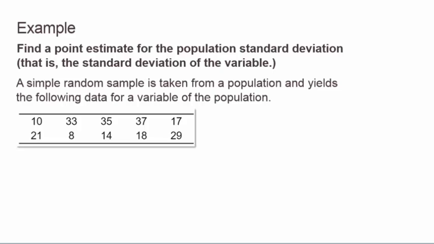Example: find a point estimate for the population standard deviation, that is, the standard deviation of the variable. A simple random sample is taken from a population and yields the following data for a variable of the population. My data set is 10, 33, 35, 37, 17, 21, 8, 14, 18, 29. I want to find the sample standard deviation. Going to my calculator,